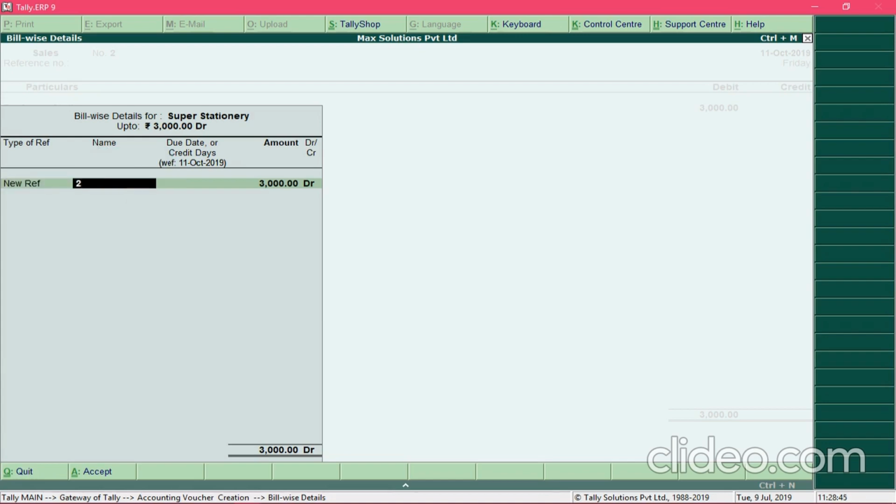By default, the name field will contain the invoice number, so I can change it to anything which I can remember. So I will change it to something like Super Stationery order number 1.